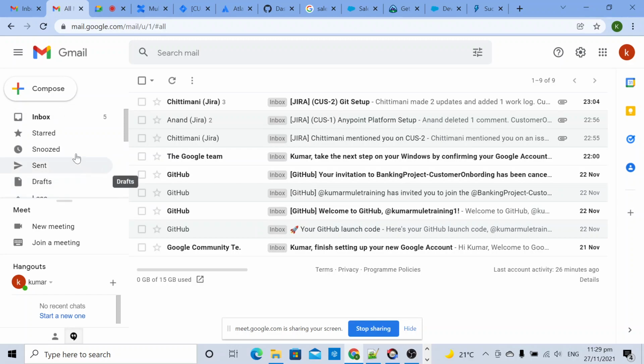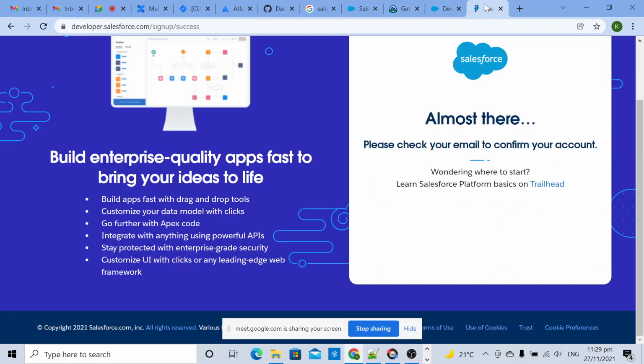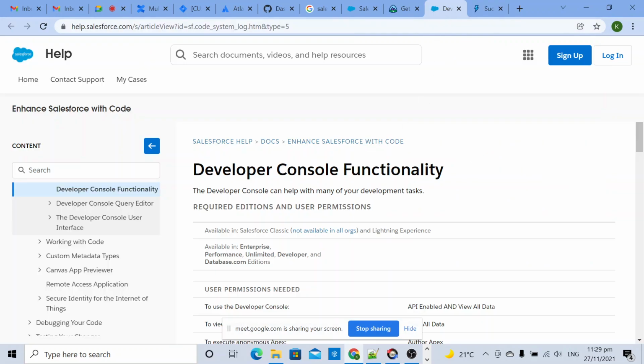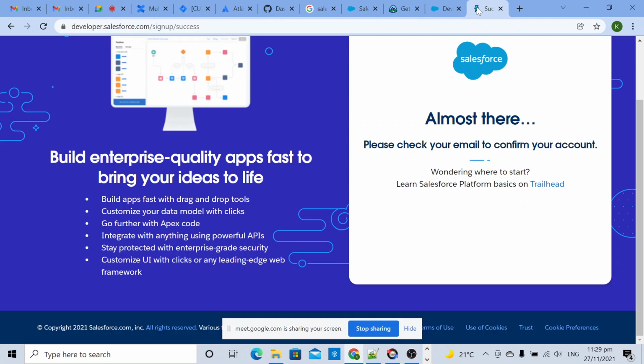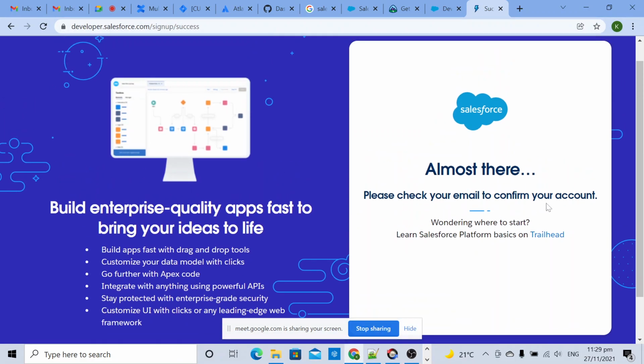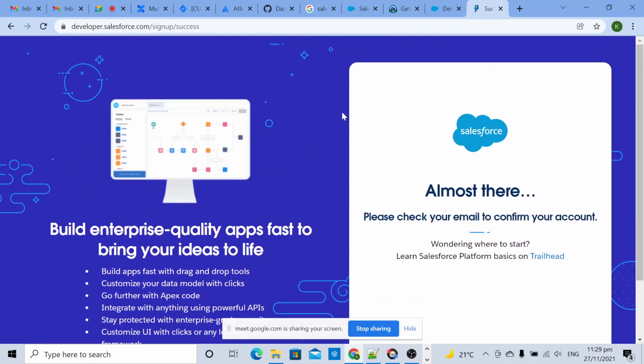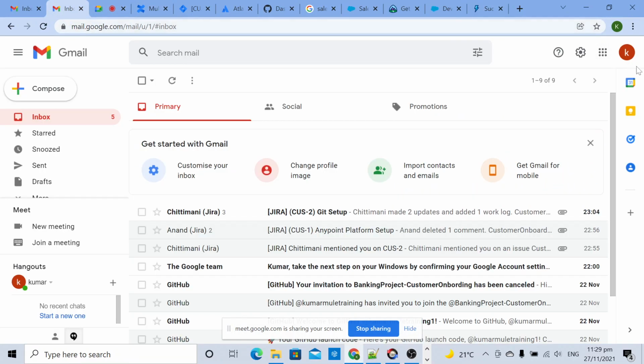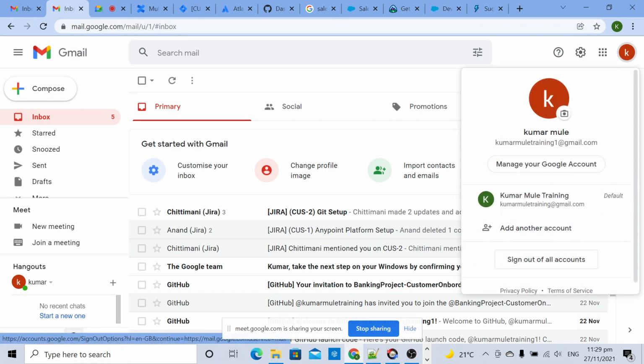Okay, I'm not getting it. Oh, they're asking me to please check your email to confirm your account. Okay, but I'm not getting it. So I think you gave a different email ID. No, I don't think I used a different one.